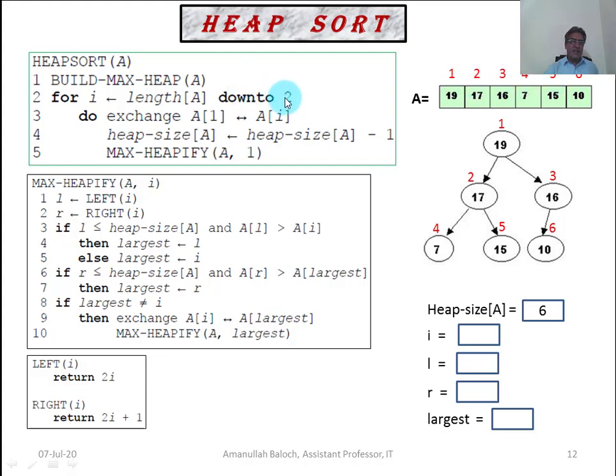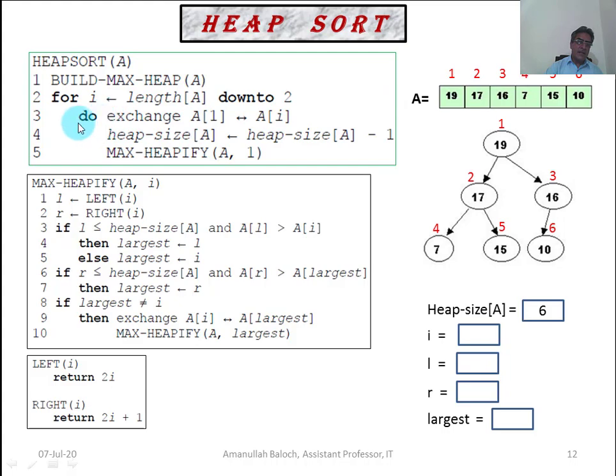For the last cycle of this for loop, the value of I will be 2. So the first value of I is the length of array, which is 6.